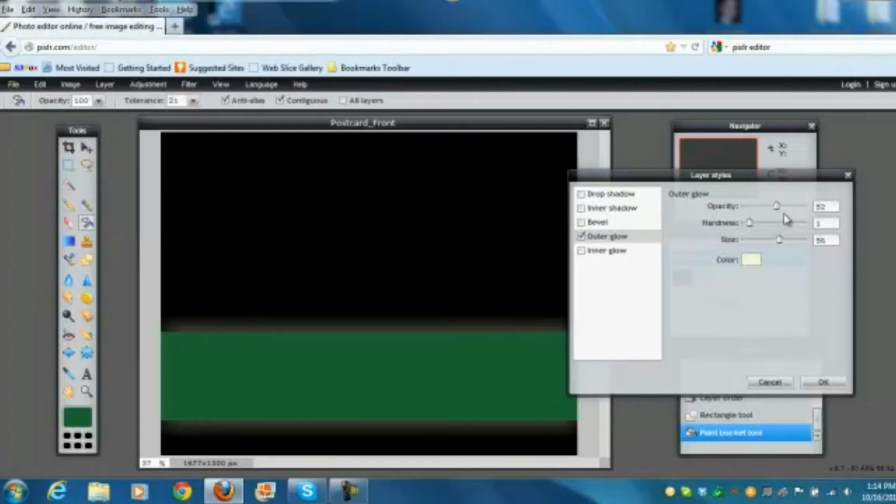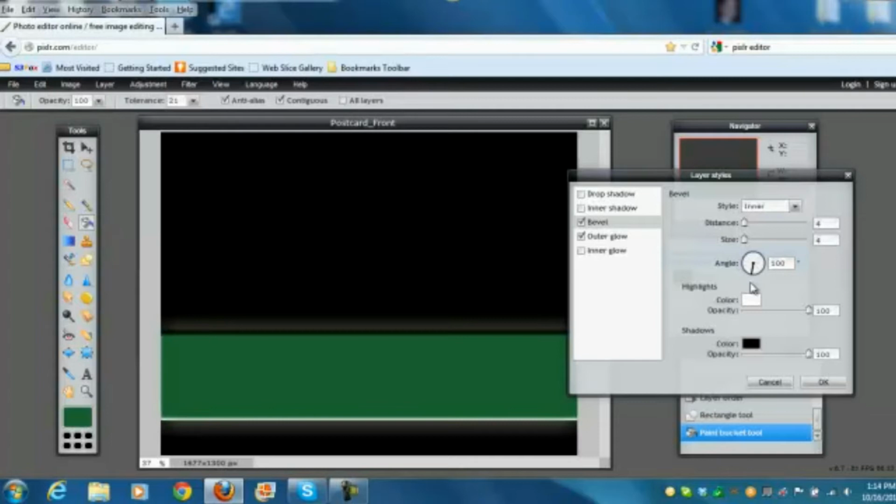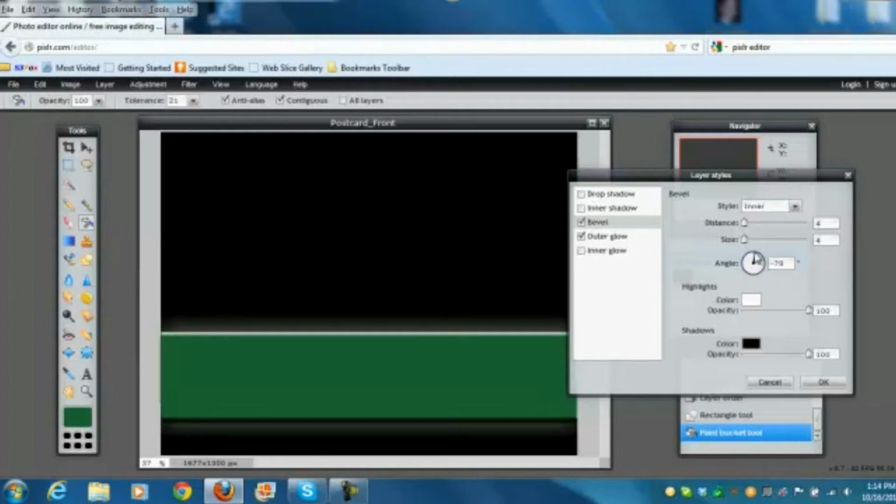All right. So now maybe I also want to do a bevel, so it puts a little shine on there, and then the angle of the bevel I can change to the top, from top to bottom, or I can go right to left or left to right, or even from the bottom up. Okay, let's go top to bottom here. We'll point it down